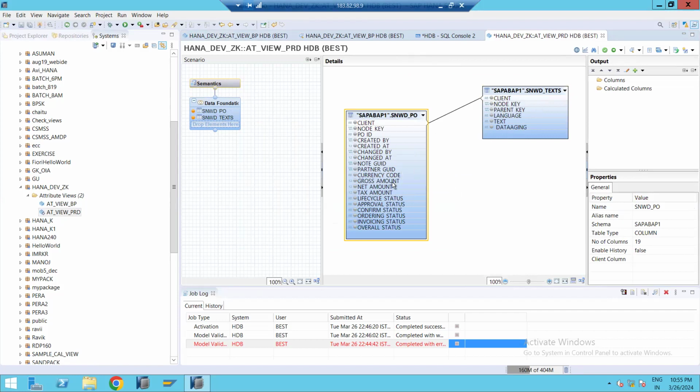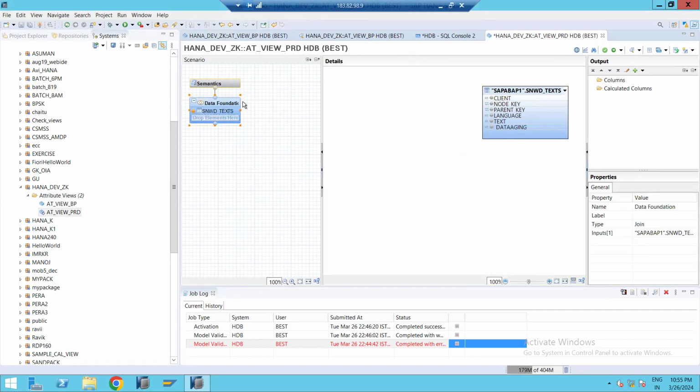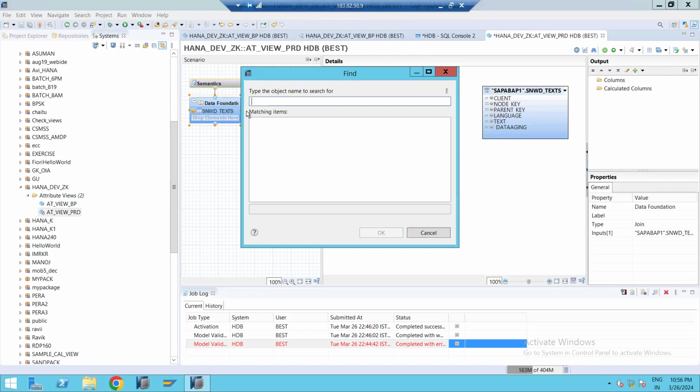What is the common field? Is that a close amount? Description GUID is not the rate. If I want to delete this, okay. To add one more, what is this? SNWD